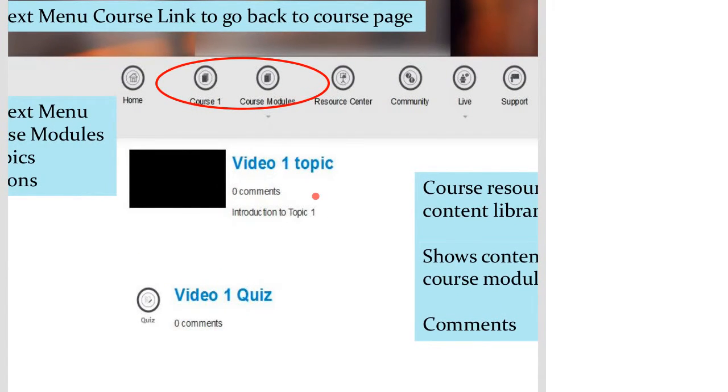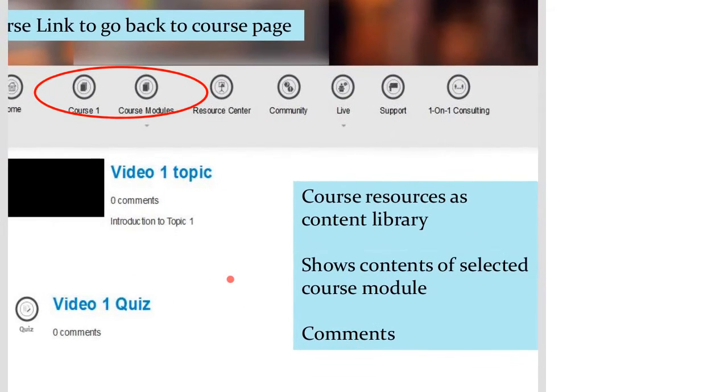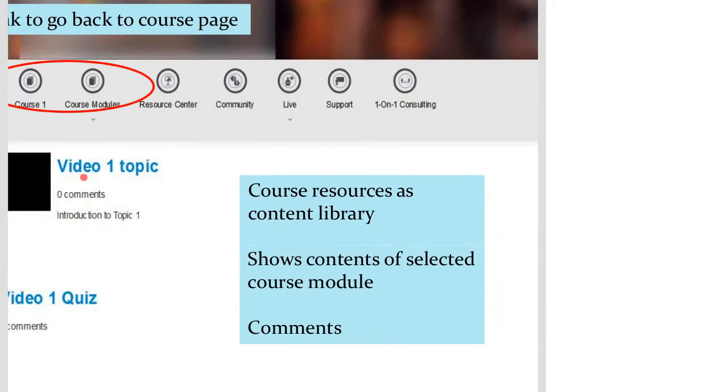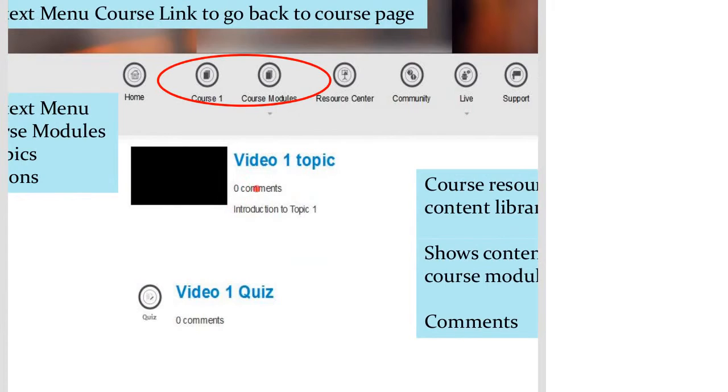This was a custom PHP page developed, which just takes the ID of the section and displays the content of that course section in a neat format. It is trying to emulate and display it as a content library. It shows a brief introduction about the resource or the content, and the number of comments can be seen directly. As I told you earlier, all the resources or activities had their own comments block.